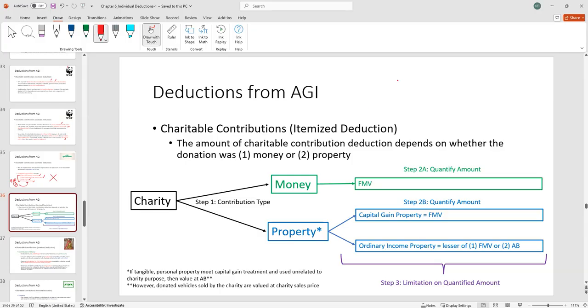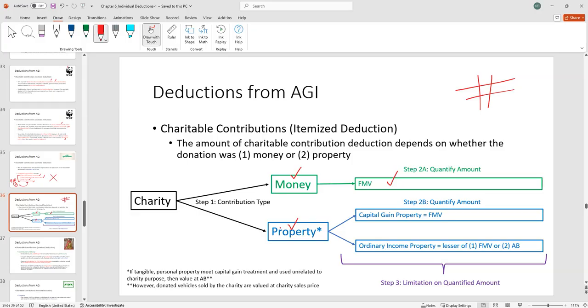Okay, we give stuff. Now we're going to talk about how we put a dollar amount on that. Well, if it's money, straight up cash, it's easy. It's the fair market value. Say I give the Red Cross $1,000 in cash. There you go, it's $1,000. If I give them property, so I'm going to give them a table, I'm going to give them a stock, I'm going to give them my car,